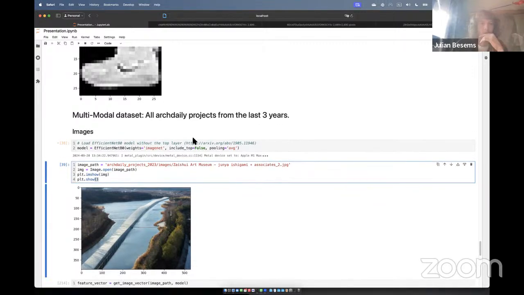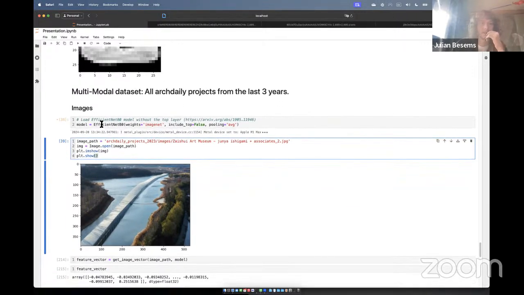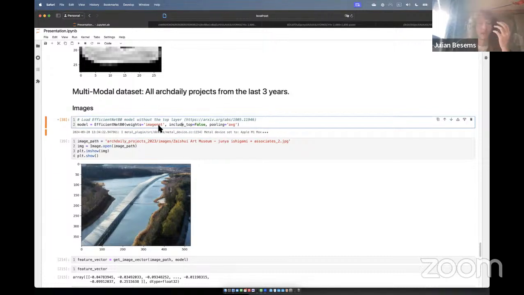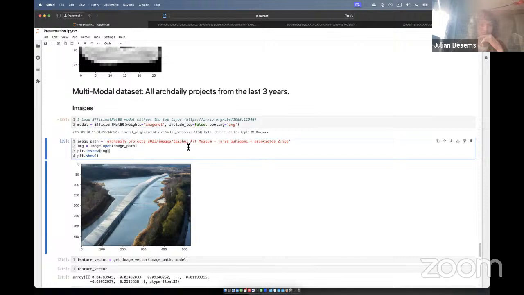So what we take here is the EfficientNet model, which is a classification model of images. We chop off the last 3 layers, which relate to what the actual categories are, and look at its embedding before that. So what this deep net used to classify images and what it focuses on, we take that set of neurons, treat them as vectors, and that's what we're going to use to train the self-organizing map on these images.